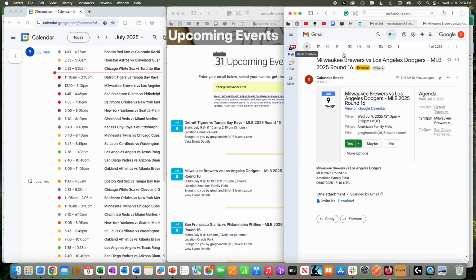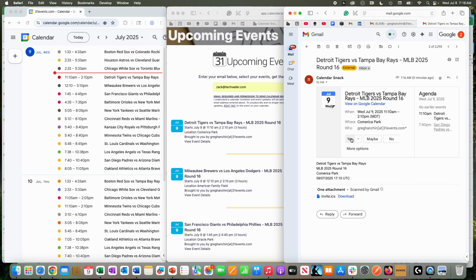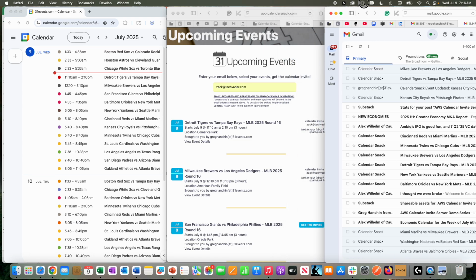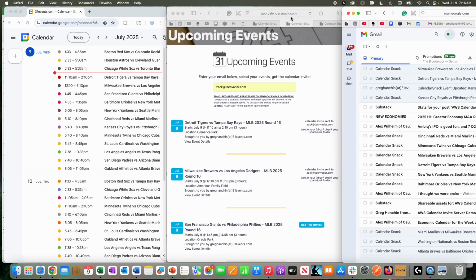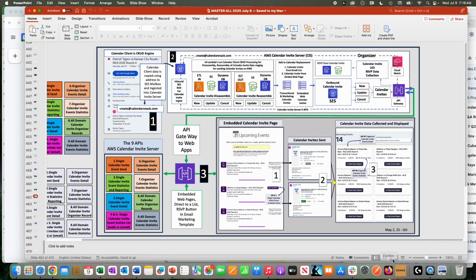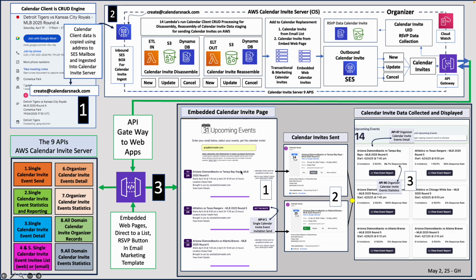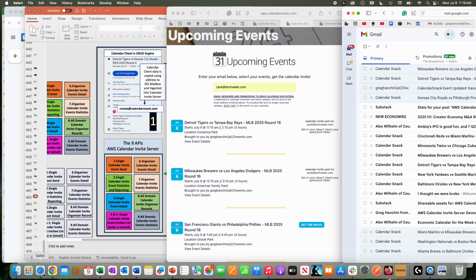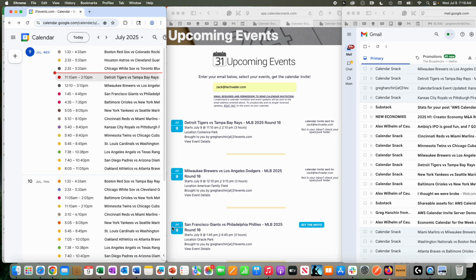I'm going to say yes on behalf of Zach for these two for the demonstration, and you can see that data is now on Zach's calendar. That came from the AWS Calendar Invite Server in this upcoming web page, which we generate on the fly. This web page is using this API 1, and we're sending out calendar invites and tracking all this data. So back to the demo as we move through it. Now that Zach has 2 calendar invitations from the AWS Calendar Invite Server via this embedded web page that we built on the fly,